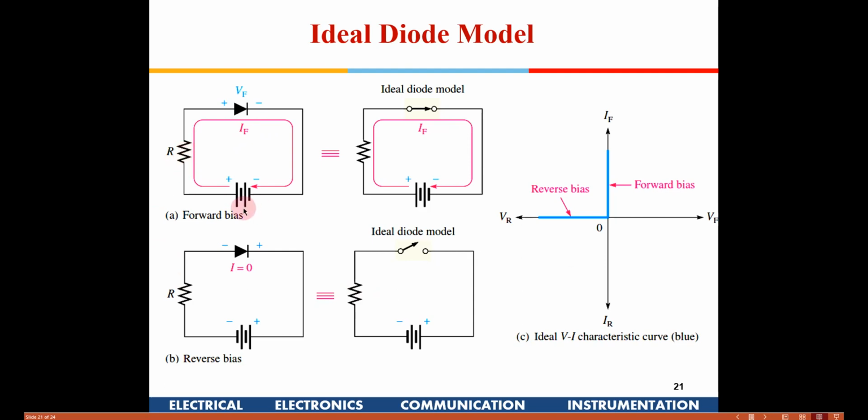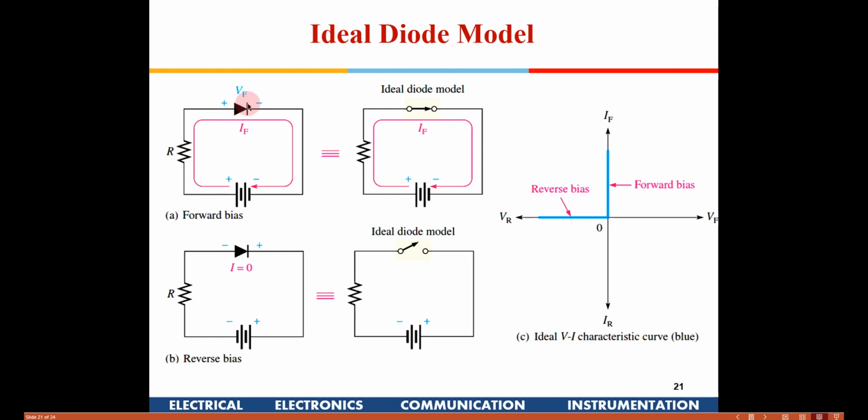So what is a diode, right? A diode is a device which conducts only in one direction. In this particular circuit, this is an ideal diode model. You have a supply voltage, a resistance, and a diode here, right? Since this diode is now forward biased, how do I know?